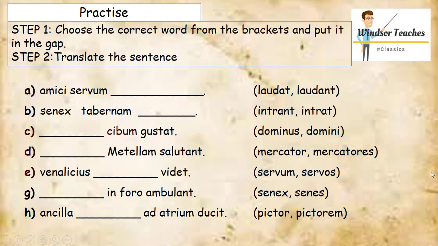How are we going to decide which of these words is going to go in the gap? Well, we're going to look at 2 key pieces of information. We're going to look at the noun that starts the sentence, and we're going to decide if it is singular or plural, and that will inform us what sort of verb we need to put in that gap. Sometimes, however, we are missing the first noun of the sentence, and so in those cases we're going to look at the verb and we're going to decide what sort of subject, singular or plural, would fit best in